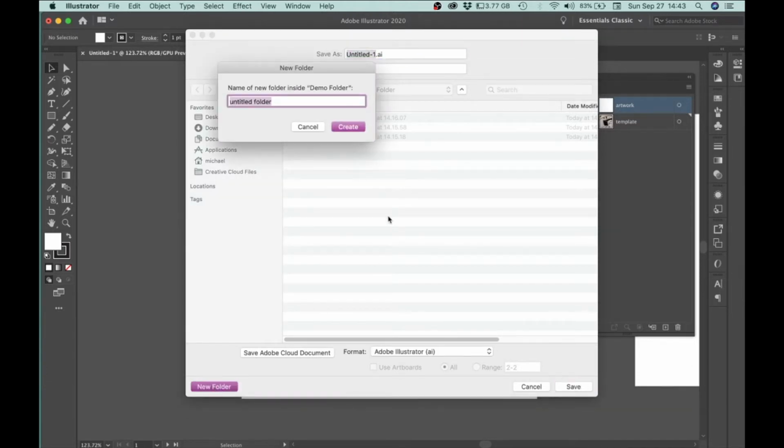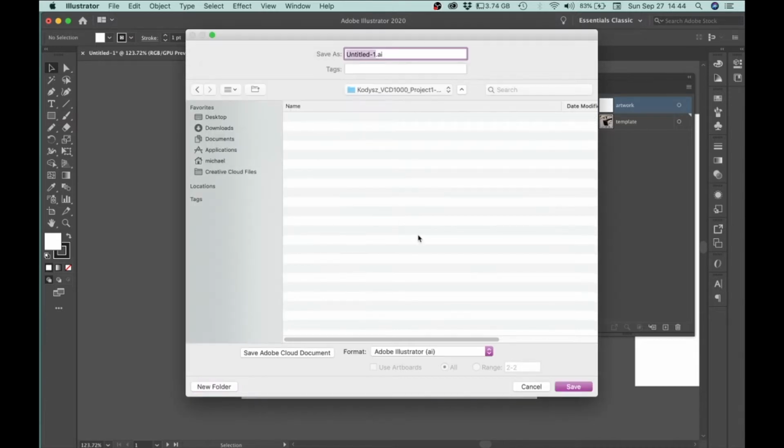So I'm going to name it my last name, underscore VCD1000, underscore project 1 dash milestone 2. And I'm going to name my file the exact same thing, so I'm going to click and drag to copy, Command C to copy that text, and then I'll hit create, and then I'm just going to go ahead and copy that text directly into my file name,